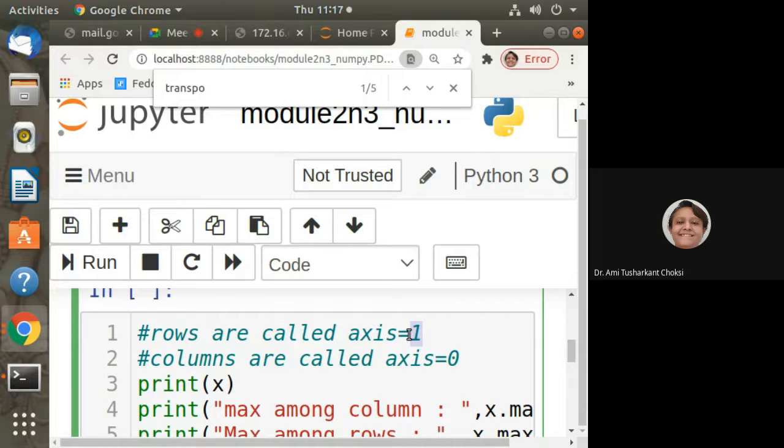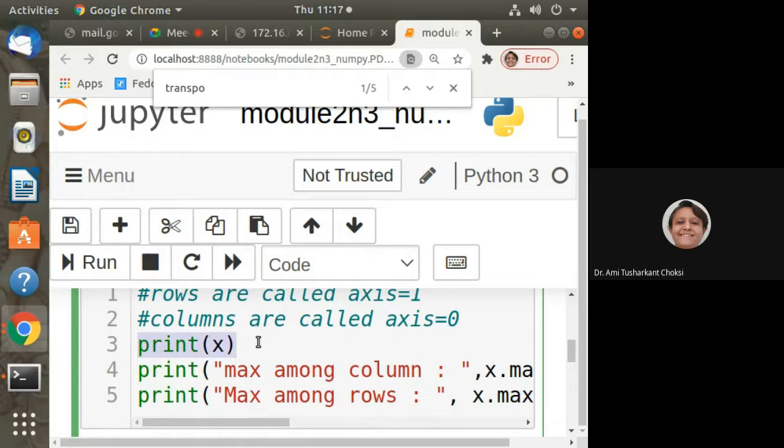Many times even I forget whether a row was 1 or a column was 1. So better to remember it as row, and we are having row major, so it is 1. Do not consider 0. Just remember rows, that means axis equal to 1. It will be beneficial to us.